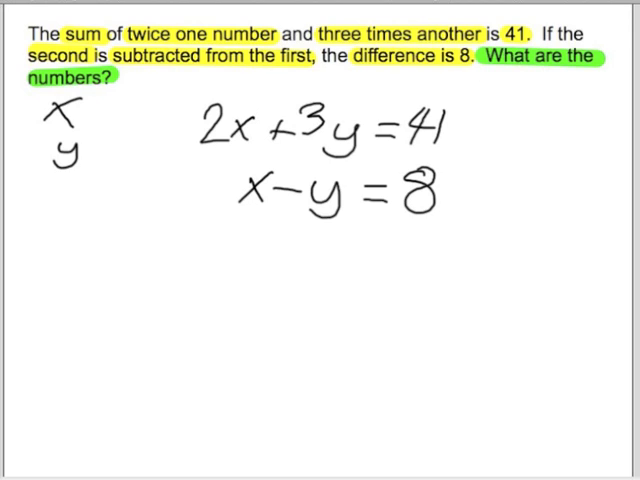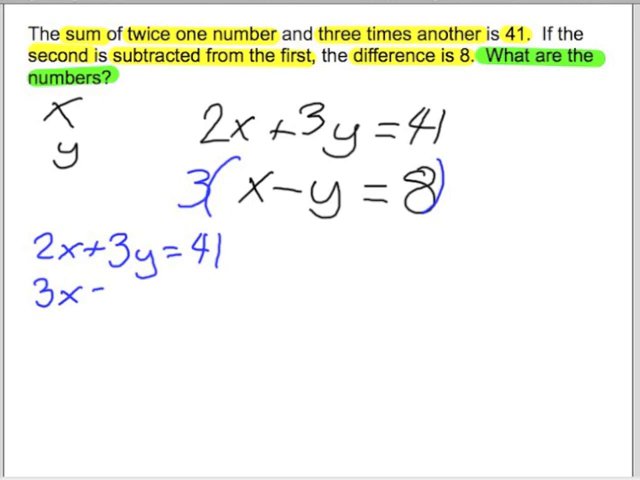Now all we need to do is solve for x and y. In this case, I would say that we can multiply the bottom equation by 3 and use a linear combination. So we get 2x plus 3y equals 41. And 3x minus 3y